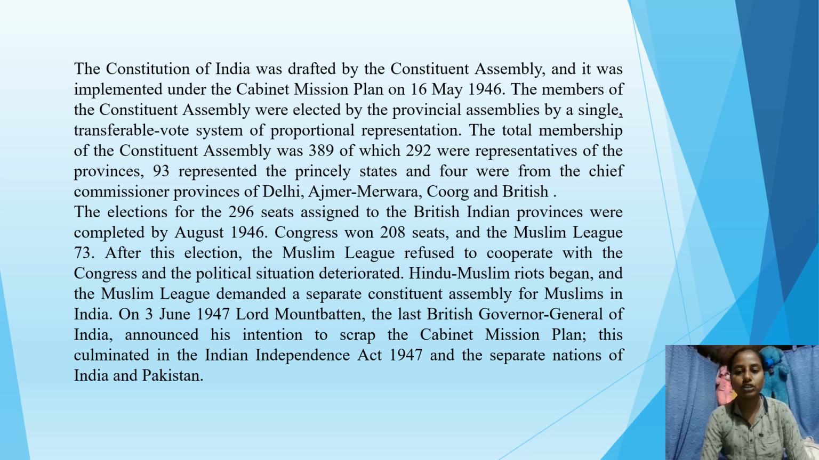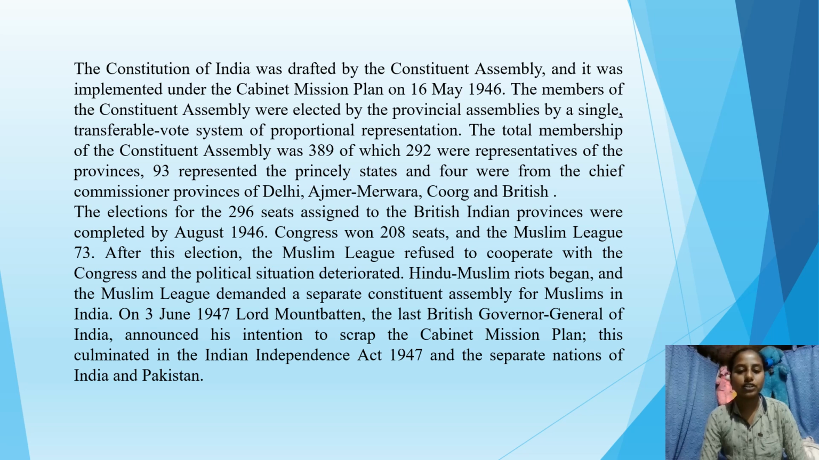16th May 1946. The members of the Constituent Assembly were elected by the provincial assemblies by a single transferable vote system of proportional representation. The total membership of the Constituent Assembly was 389, of which 292 were representatives of the provinces, 93 represented the princely states, and 4 were from the Chief Commissioner provinces of Delhi, Ajmer-Merwara, Coorg and